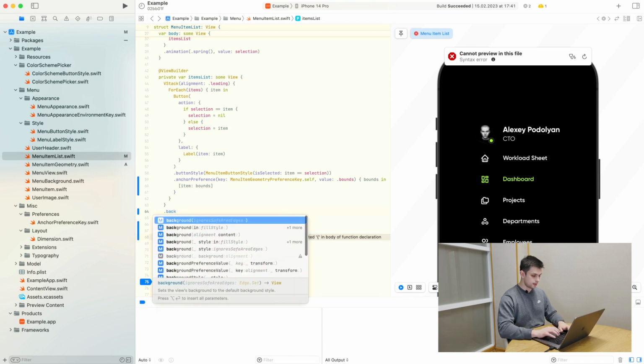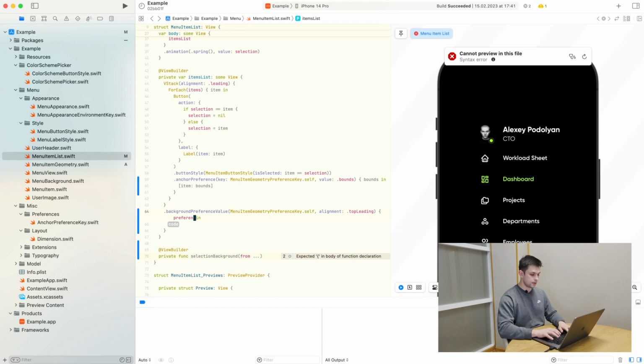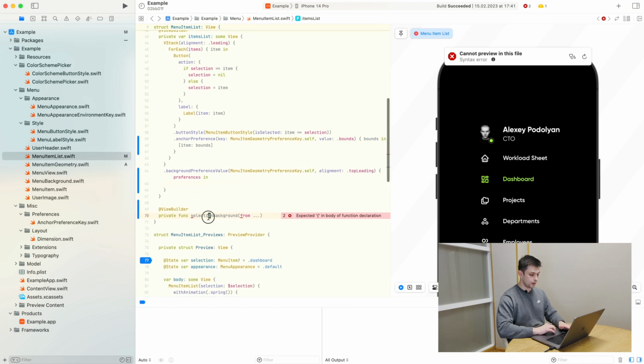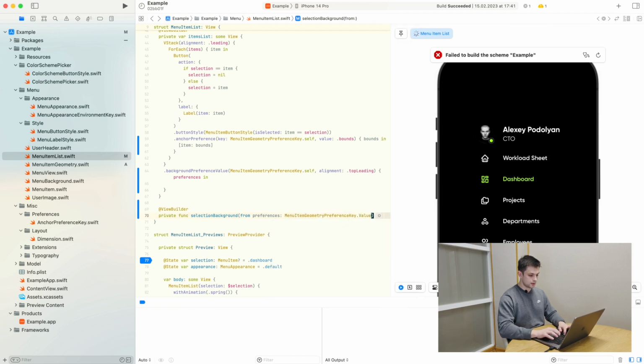And for that, let's return the menu item preference key. And also let's go with alignment of leading. And for the transform, just give me a second. So what we did here is we basically are going to act on all of the gathered anchor preferences that we have here, and we can also actually return the selection right now. So the selection background is going to be based on the preferences, of course, like that. So this is just a dictionary,